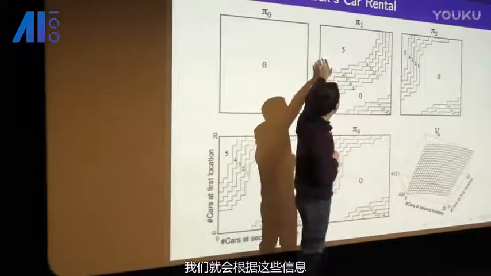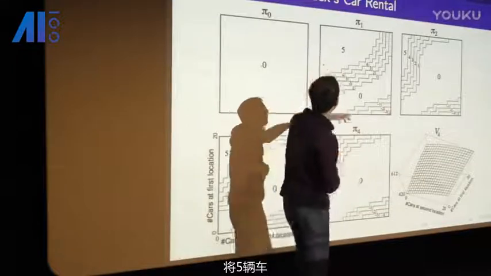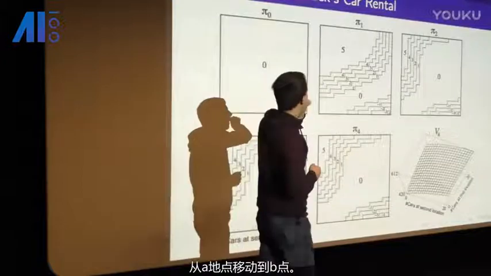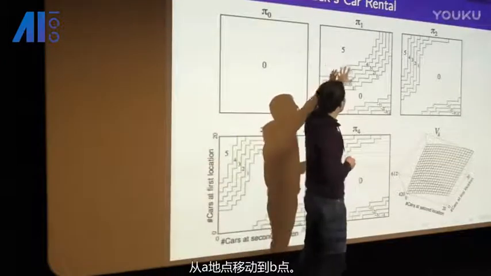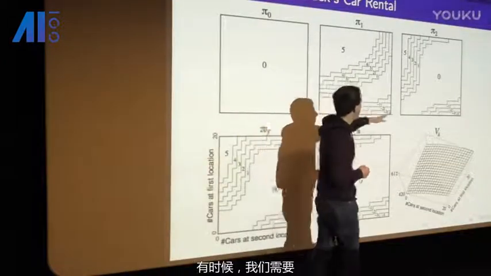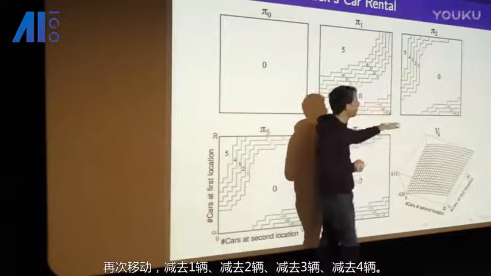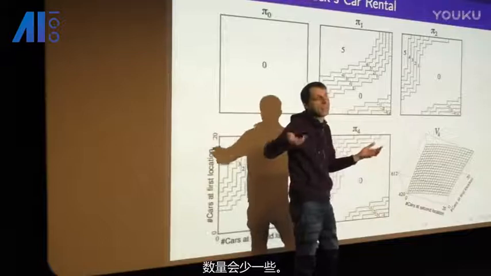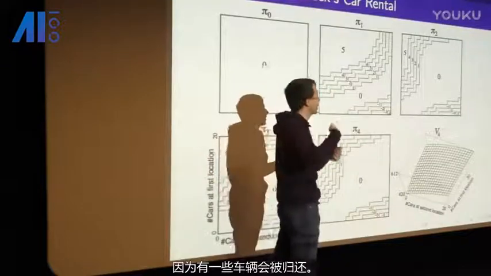We see that, on the whole, we think that we should be shifting cars over, around 5 from location A to B quite often, and sometimes we should be shifting cars back again, -1, -2, -3, -4, but most of the time we should be shifting to the location with fewer cars. We've already figured that out, the one that gets fewer cars